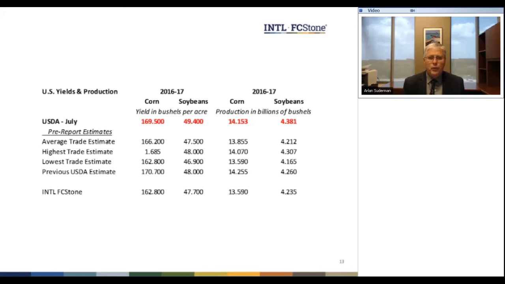In explaining this, I'm going to start with soybeans first of all, because that's the easier one to deal with. The trade, and I would agree with this, and the industry we surveyed, know that the bulk of what determines the yield on the soybean crop comes after USDA was walking the fields the 1st of August. It comes in the month following that. And not just walking the fields, but surveying farmers.